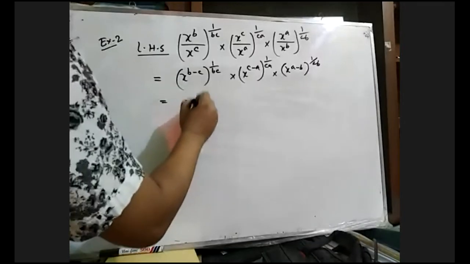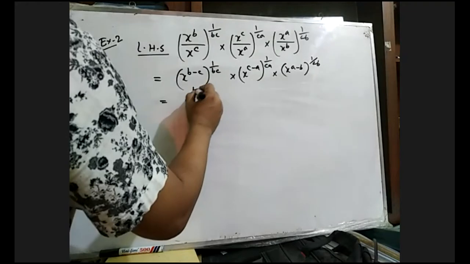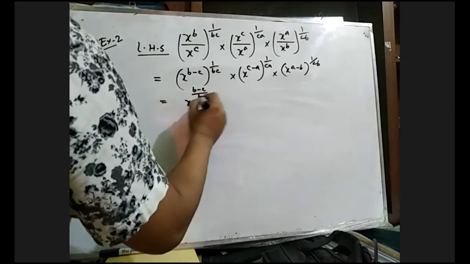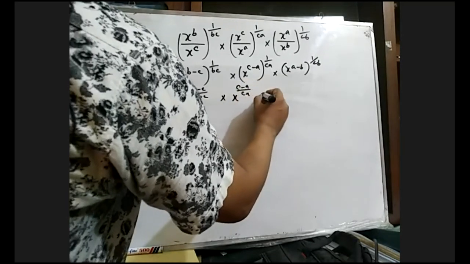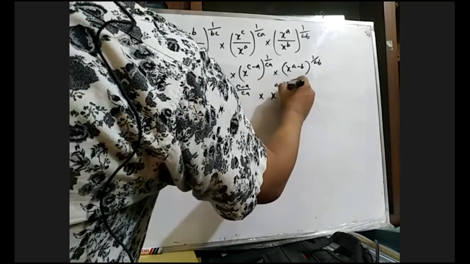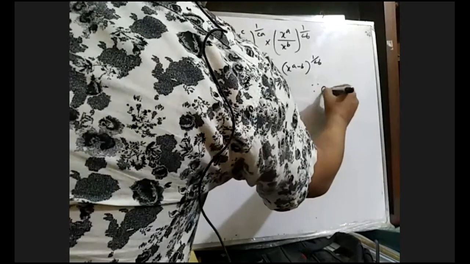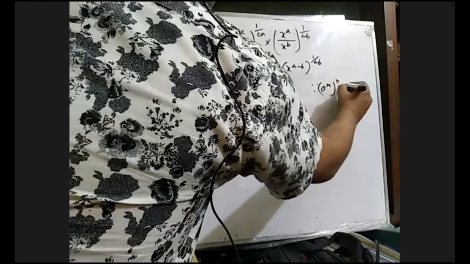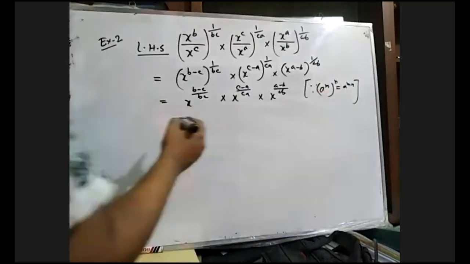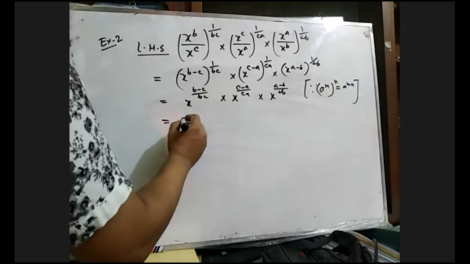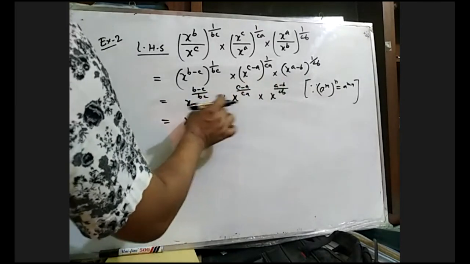So this equals power multiplied by power. So we can write x to the power b minus c divided by bc, multiplied by x to the power c minus a divided by ca, x to the power a minus b divided by ab. Because a to the power m to the power n equals a to the power mn. You must know the formula of indices. So x to the power, this power multiplied, multiplication. So the base will be the same base.